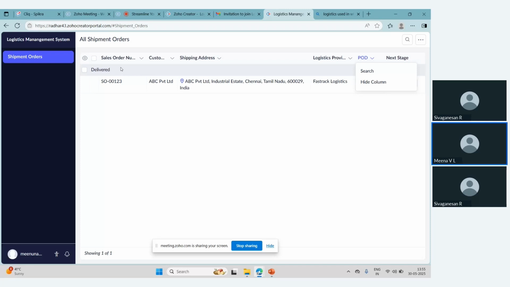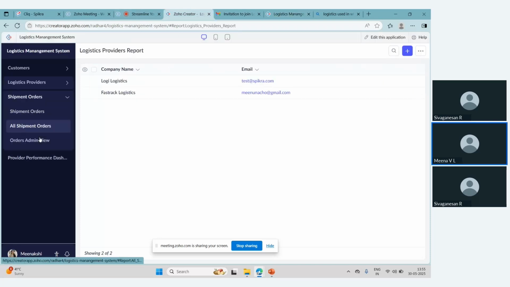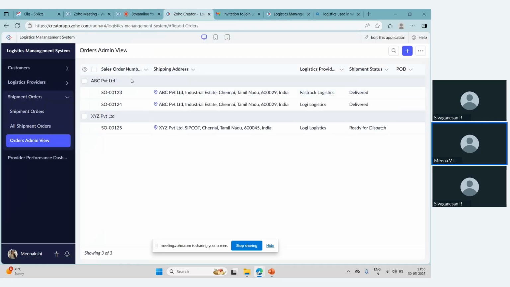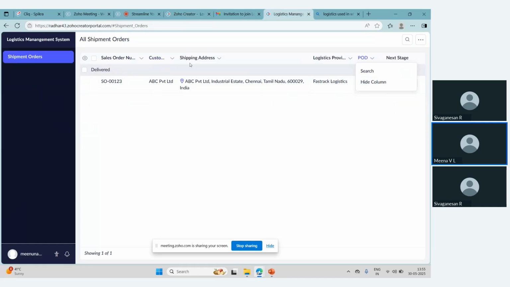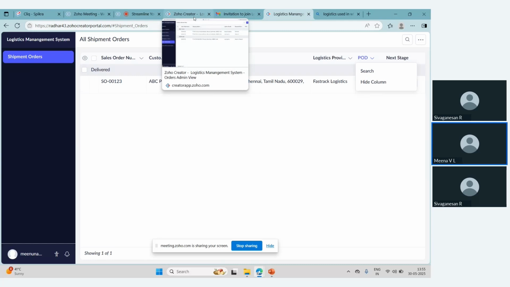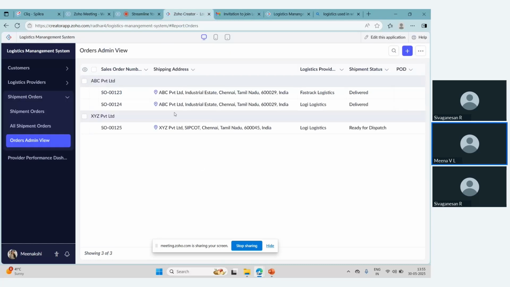You can set the restrictions there, who should view what data, right? I have three shipments here in total, if you could see, but only those that have been assigned to Fast Track Logistics will be visible to me. None of the other logistics providers' records will be visible to me, right? So this kind of portal access you can give.